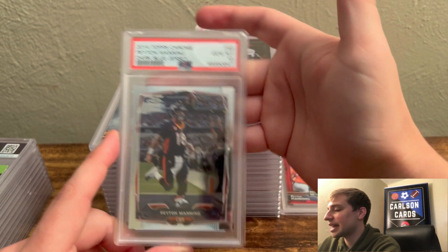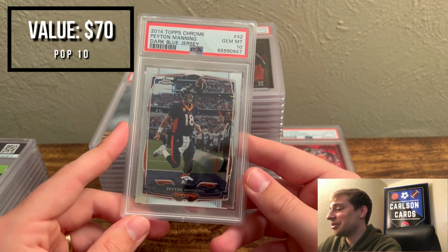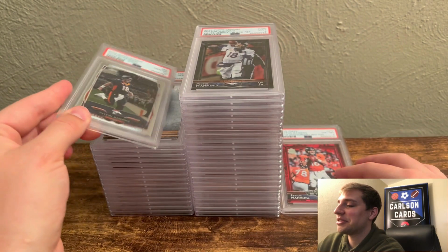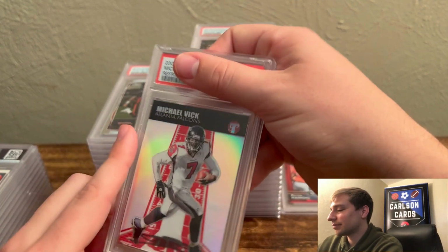It's a cool variation, Topps Chrome. Nice, a PSA 10 on this. It's actually really sweet. No clue on the value. I think there's a Brady. This would be multiple hundreds of dollars. Peyton left to be decided, but I'd assume $100, $200. Next up,